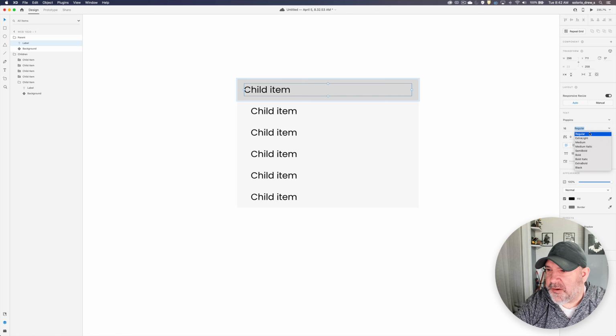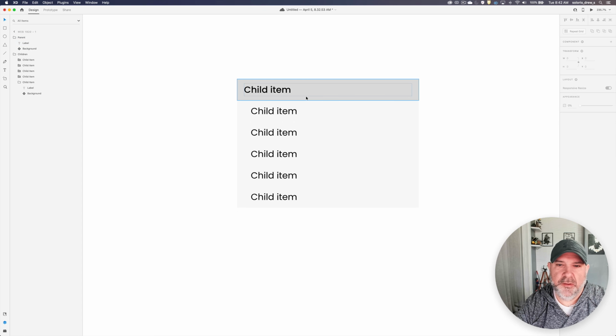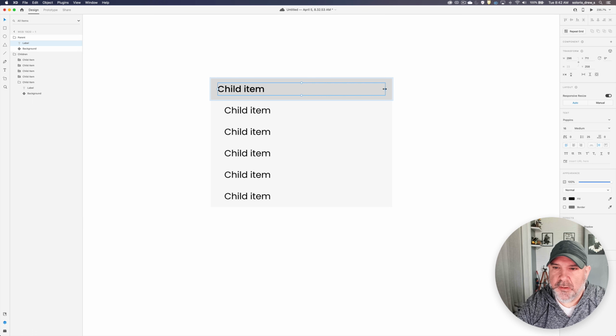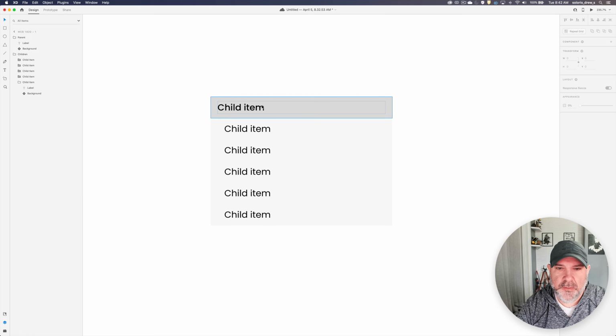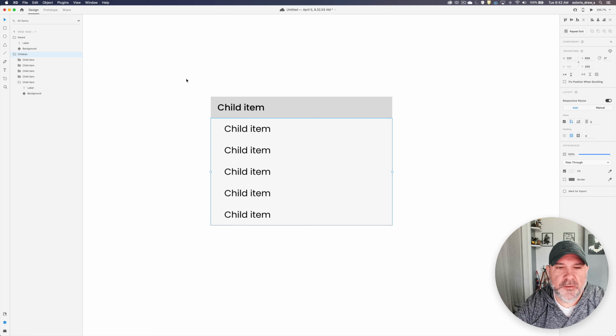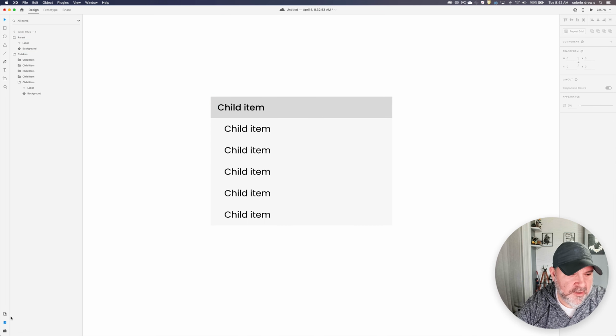And we'll change the font style from regular, and we'll just use medium. Okay. So now if you look at the layer stack, we've got parent, and there's a stack of the children, and a handful of child items inside here. Okay. We're actually going to go back to,